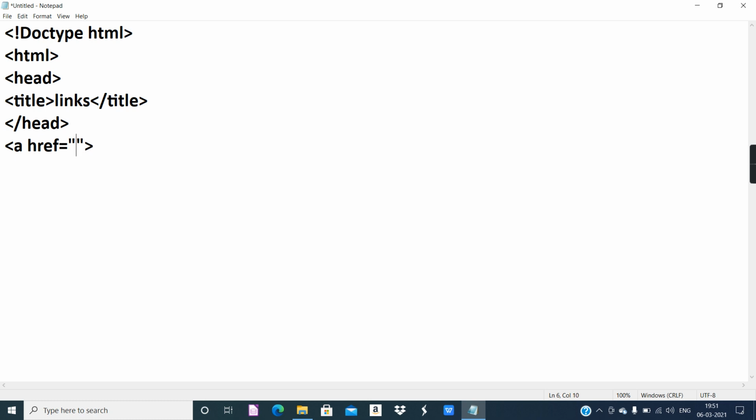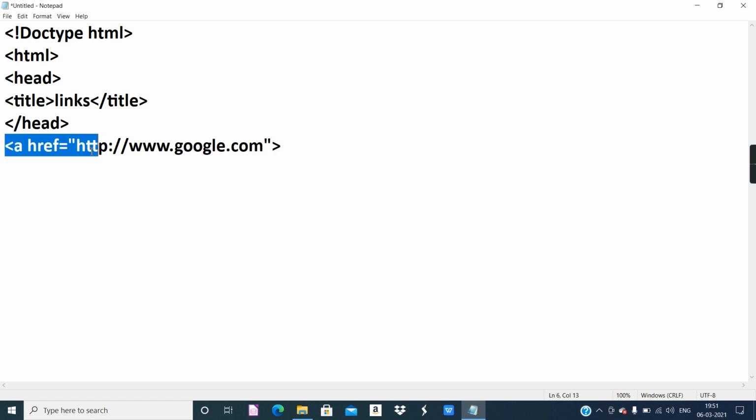Let us first try with the URL of a functional website. Let us put the URL of google.com. http://www.google.com. How do we read the hyperlink? This is the protocol, HTTP protocol. Then www stands for World Wide Web, Google is the name of the server, and .com is the domain.